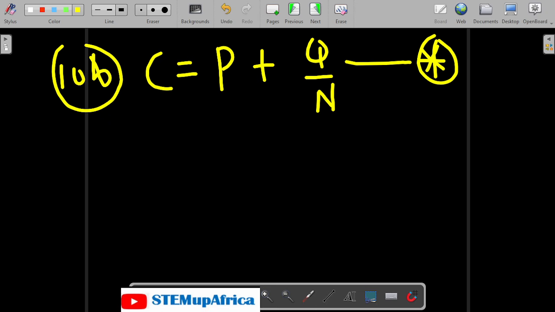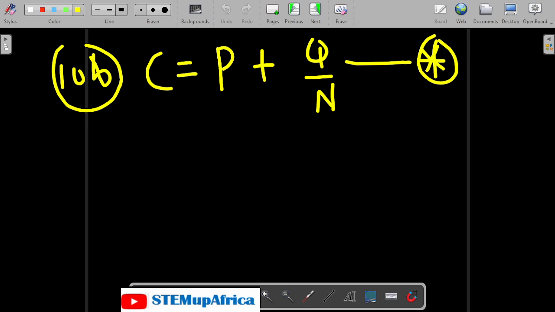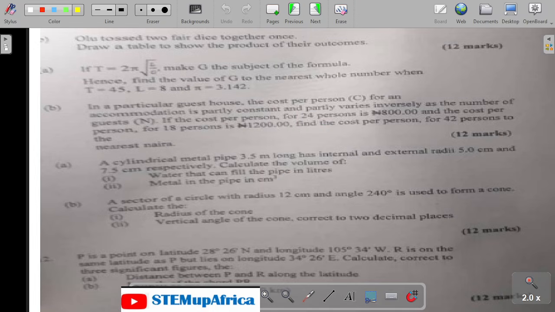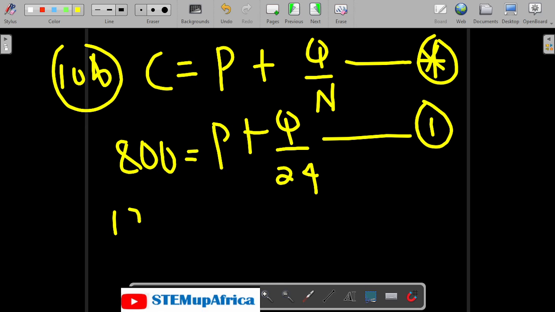So we are now told that the cost is 800 for 24 guests and 1,200 for 18 guests. Let's do that. So for 800 for 24 guests, and then 18 persons 1,200. So I'm having P plus Q over 24. Let's take this as equation 1. So for 1,200, I'm having P plus Q over 18. Call this